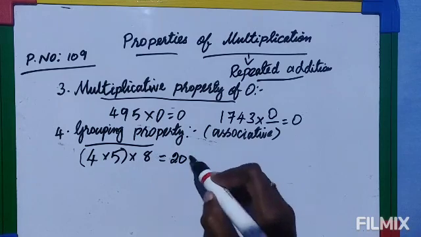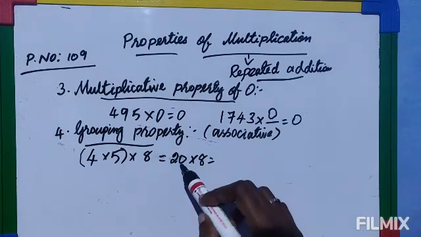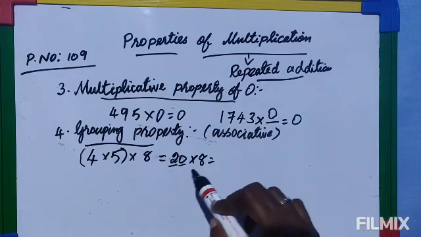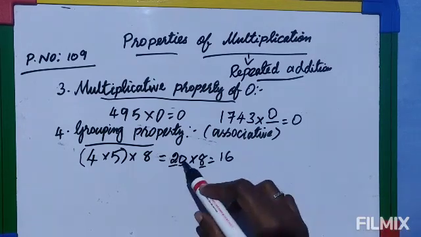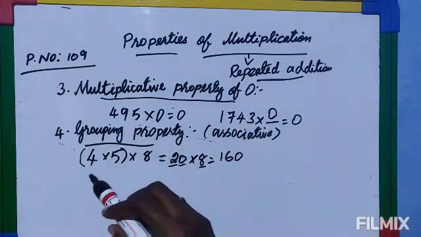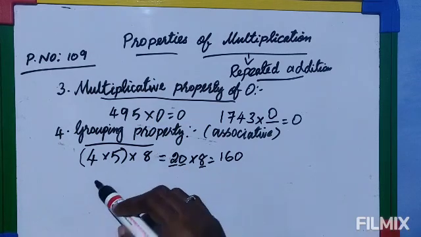Now outside the bracket, that number you have to multiply. To multiply this 0, you don't care about it, just look at the number here, 2, and here 8. 2 8s are 16, and now you write this 0. 1 0 is there, so the answer is 160. So first we grouped these 2 numbers. Now let's group the second number and the third number.